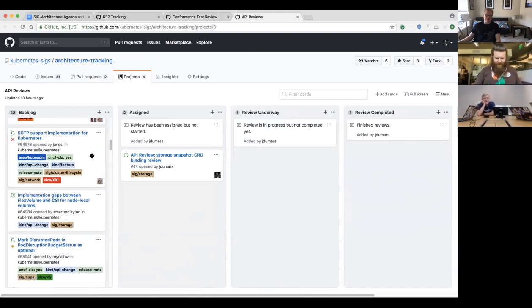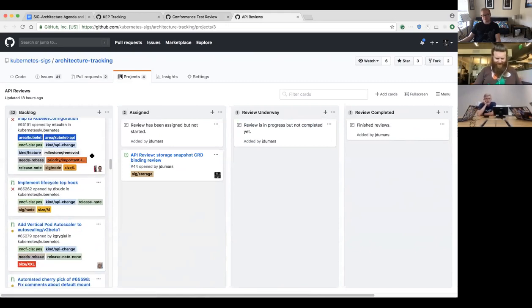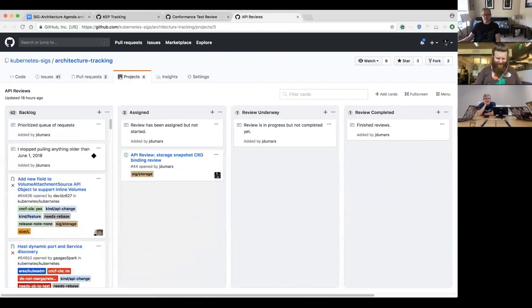So we need to figure out a process for how to better scale this stuff, because I don't scale well, and I need to probably start training people on how to manage some of this stuff. So essentially what we're going to try and do is pair reviewers to these if they're not already, and then so Jace, I started on the storage snapshot, and I did a first pass on it, in fact,